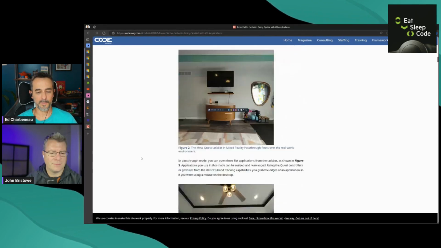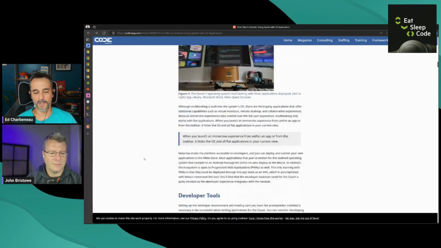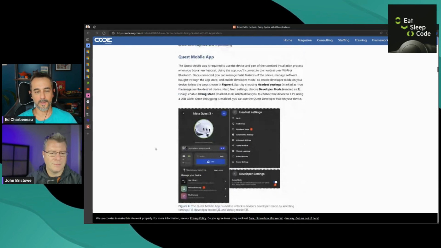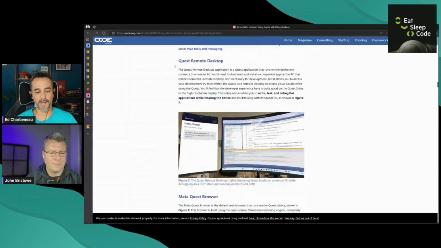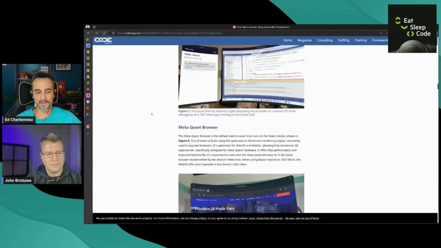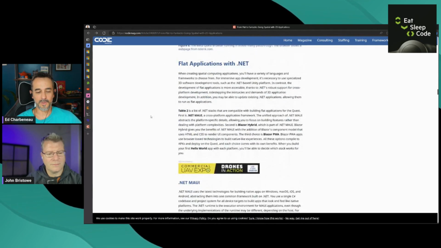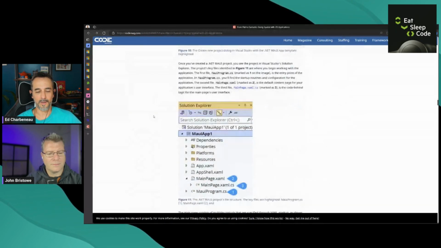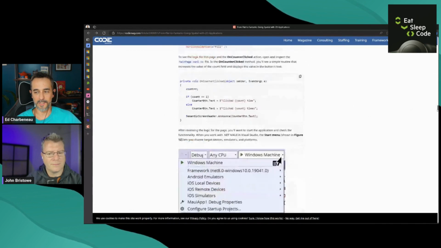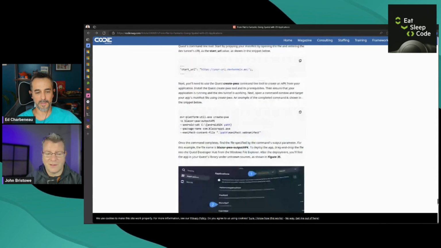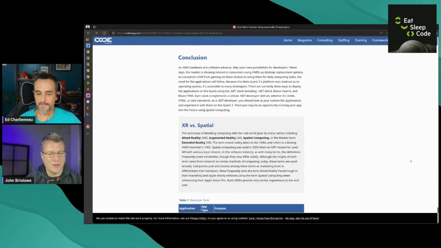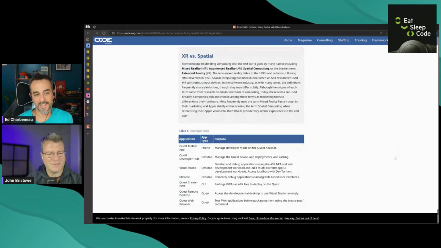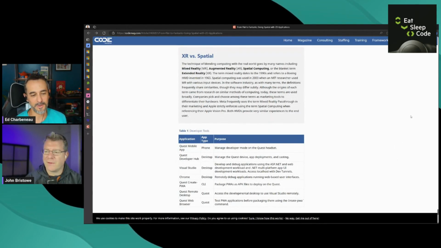Then I show some examples of your workflow, and go into what dev tools are available, how you can deploy apps to your Oculus Quest, how .NET can write apps for the Oculus Quest, a little bit about the browser that's built in and what you can do with it. .NET MAUI runs there. It's a whole read, John. It's about 7,500 words. Are you trying to kill them with words, Ed? Is that your goal? It's a big subject. You've got to go through all the details. I don't want to leave any stones unturned.